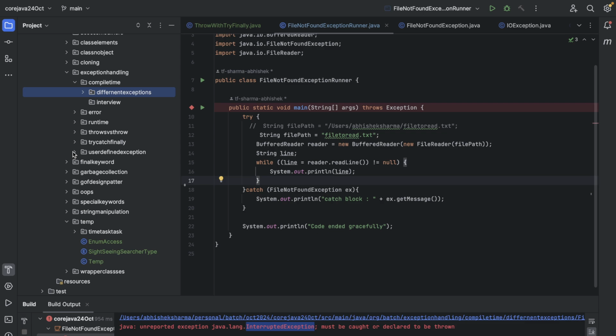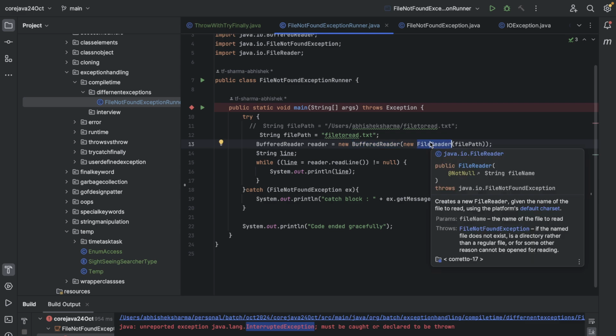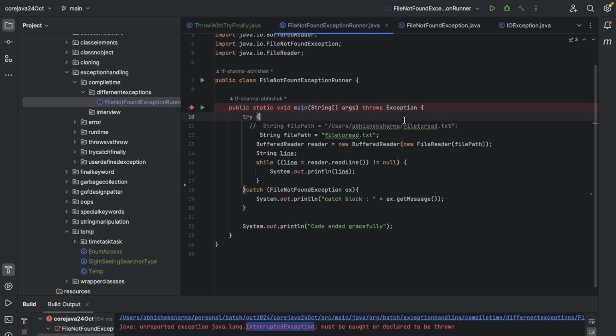So there are two types of exceptions, we have covered it earlier as well. One is compile time and one is runtime. For compile time exceptions, we as developers have to let the other people who are using our code know that, okay, I am using the buffer reader, right? And that file reader is not my class, right? This is code of the Java people, right? The Thread.sleep that I'm using,